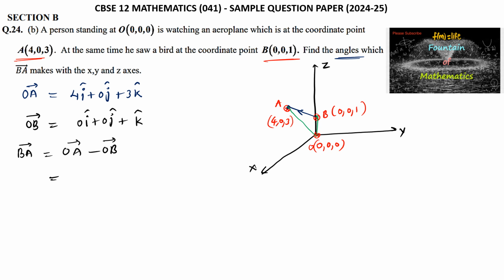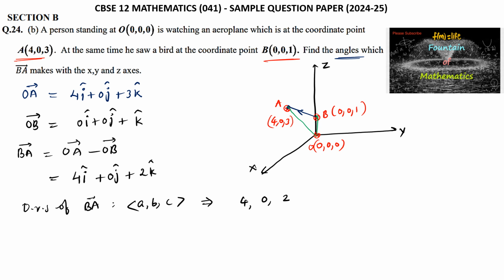So OA is 4, so 4 minus 0, that is 4i plus 0j plus 3 minus 1, that is 2k. So since the vector BA has direction ratios a, b, c given by 4, 0, 2, this can also be taken by the ratios by taking 2 common, 2, 0, 1. So they are a, b, c, and direction cosines